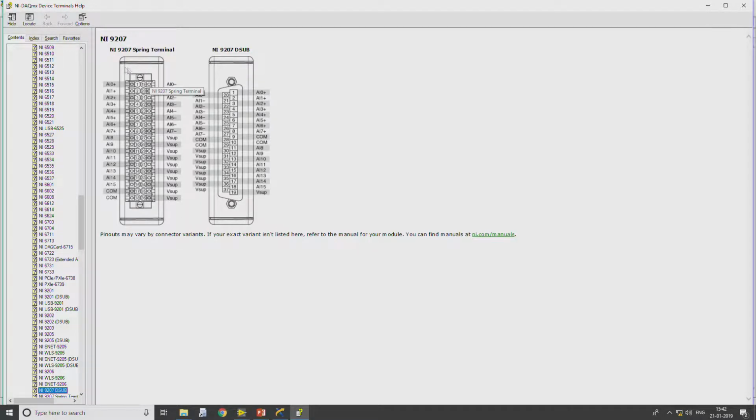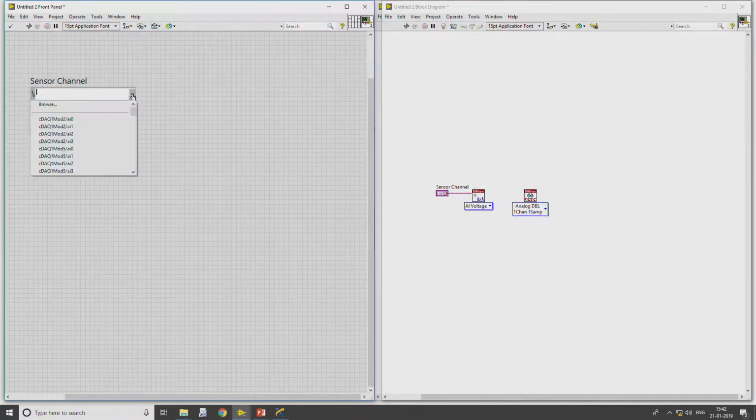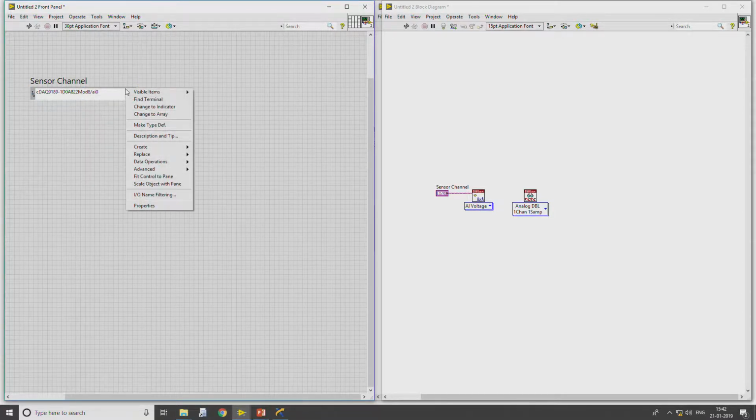But since our intention was to acquire the data from the sensor, we will be connecting the sensor to AI0 plus and AI0 minus, which will be in voltage format. So what I will do is create a sensor channel with CDAC 9189 module 8, AI0.